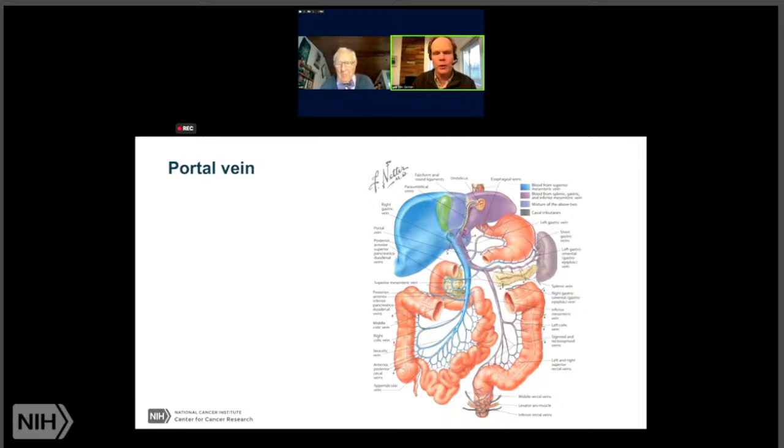Now, why is there this interest in the gut microbiome and in the liver? That's very simple. It's just the anatomy. The majority of the blood that goes into the liver and feeds the liver is drained from the large and the small intestine, as you can see here, that drains into the portal vein and then goes into the liver. So basically, everything that is in the gut can potentially migrate here and be drained through the different branches into the liver.